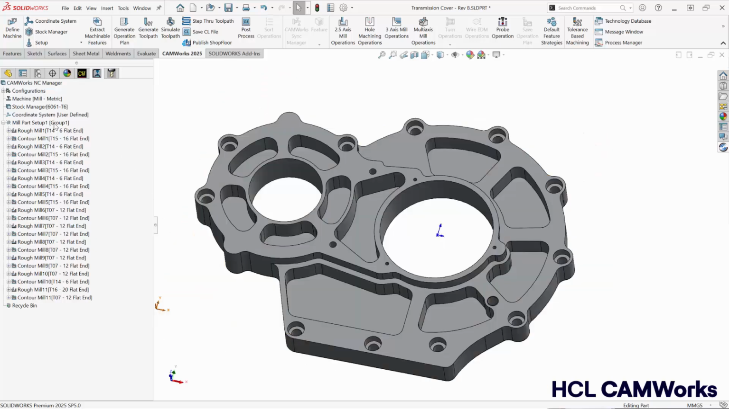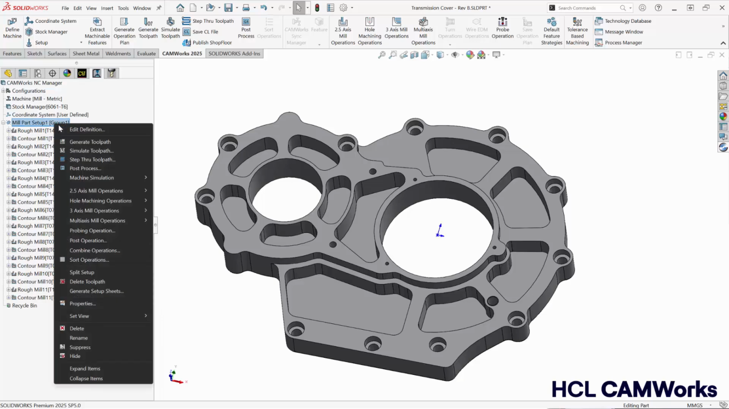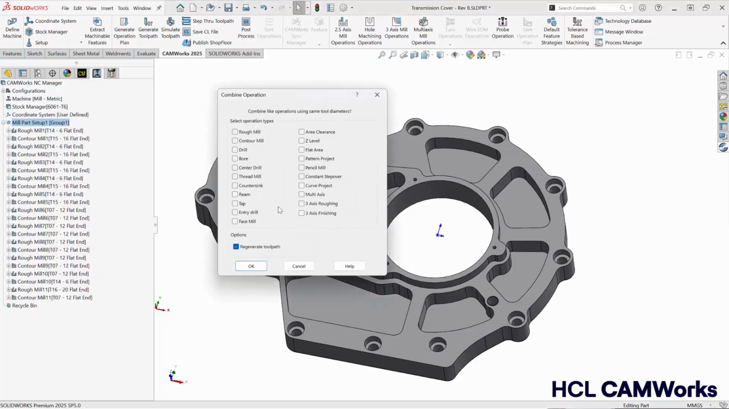The first way is by simply right-clicking on my mill part setup and going to Combine Operations. This allows me to check exactly what type of operations I want to combine, but there is a caveat. It's going to combine like operations using the same tool diameters. We've already established that I have several different tools being used, so I'm going to use a different method to